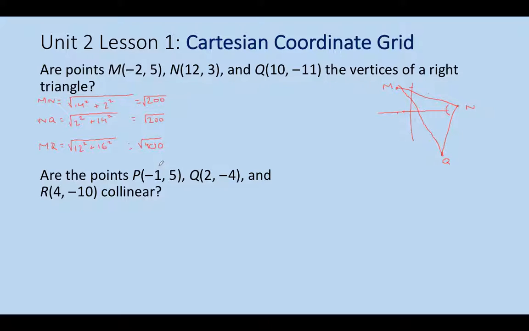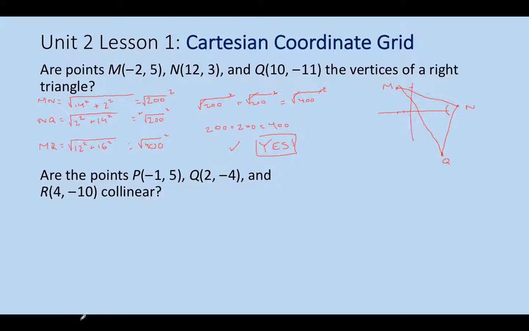So, bottom line, is this squared plus this squared going to be equal to this squared? So we'll write that out as square root of 200 squared, plus the square root of 200 squared, going to be equal to the square root of 400 squared. Well, I think you can probably all see here that this cancels out each one of these, and is 200 plus 200 equal to 400? And the answer to that is, of course, yes. And so we can confidently say that this is a right triangle. All right,